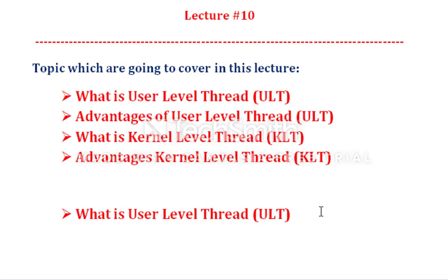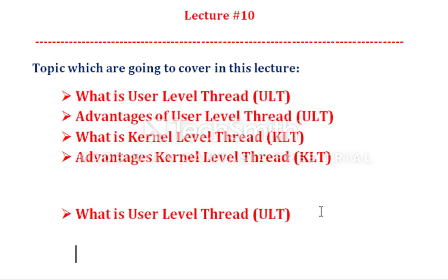The user works through applications, and the application creates the threads. So the entire management is done by the user through the application, and the application will manage all the threads. The kernel never takes care of these kinds of threads, because it is not its responsibility, because the threads are not executing in the kernel area. So thread switching does not require kernel mode privileges. That means there is no need to switch, because there is no requirement for the kernel to execute that user thread.